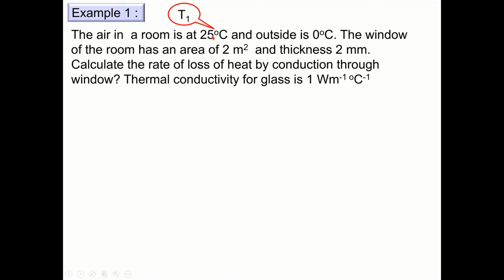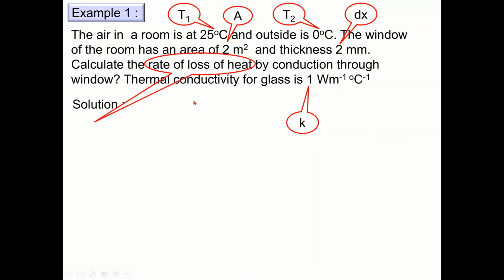So given T1 is 25 degrees Celsius, T2 is 0 degrees Celsius, so the heat flows from hot to cold. So hot will be T1, cold will be T2. Area is 2 meters squared, dx is 2 millimeter, and lastly k is 1 watt per meter per degree Celsius. So using the rate of loss of heat, dQ by dt equals negative kA dθ by dx. So we substitute 1, 2, and the temperature T2 minus T1, final minus initial, so 0 minus 25, and divided by